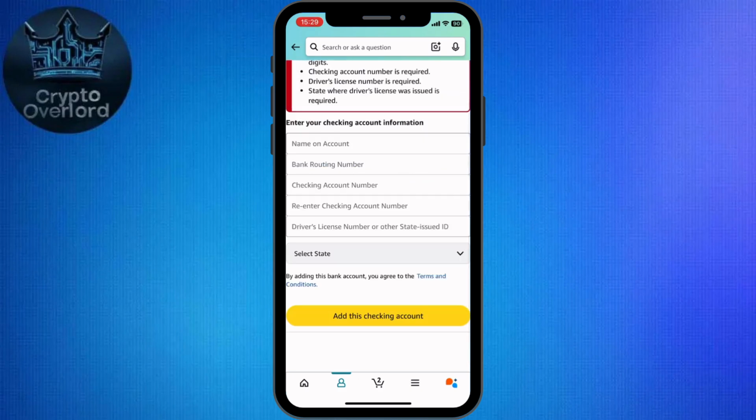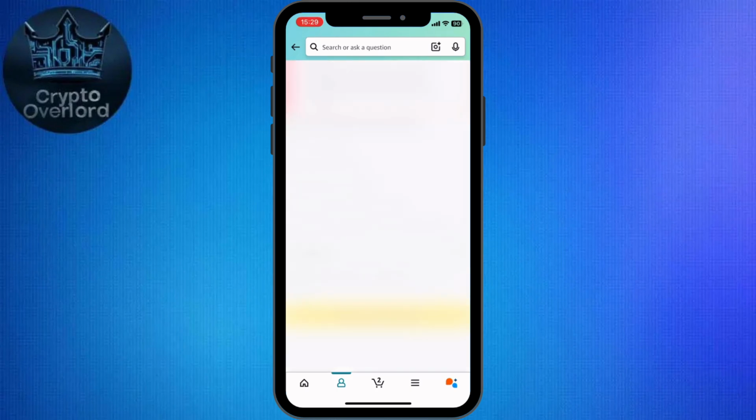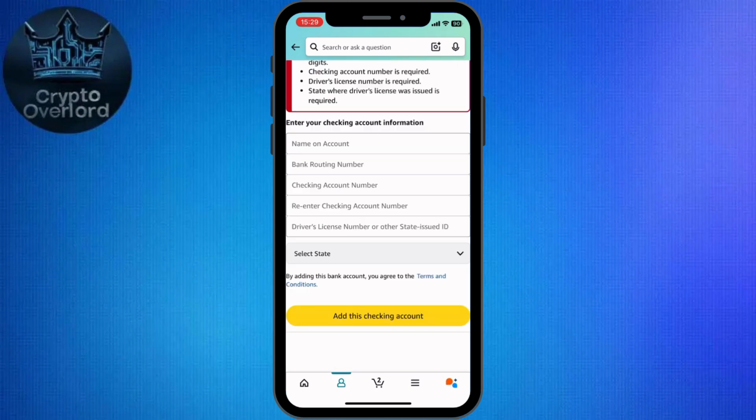From this point on, whenever you check out or make a purchase, you can select your bank account as the payment method. This makes buying products faster, safer, and more convenient. And that's it. Your bank account is now successfully added, and you can manage it anytime from the payment section